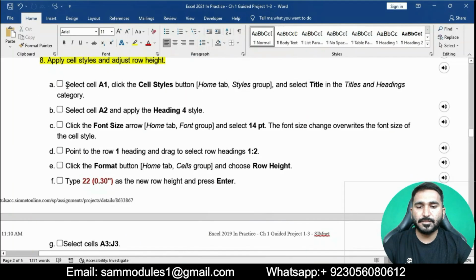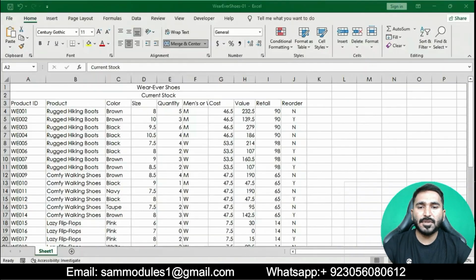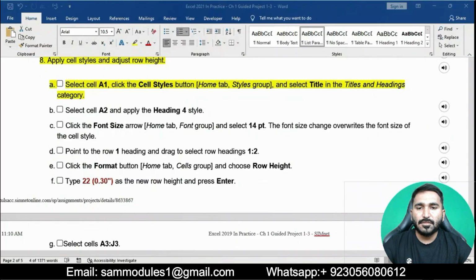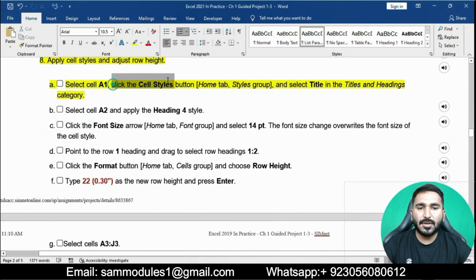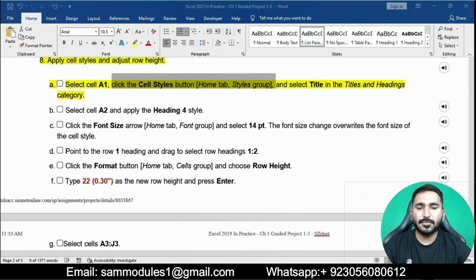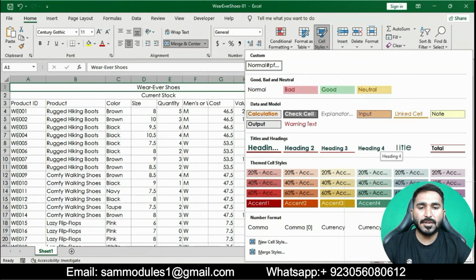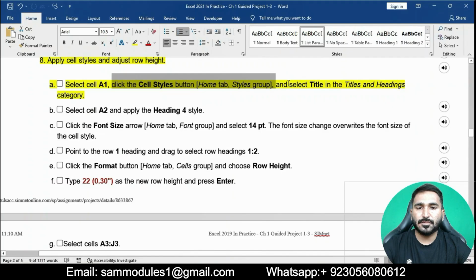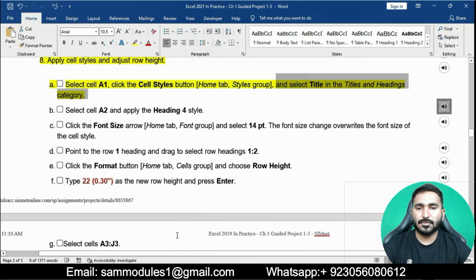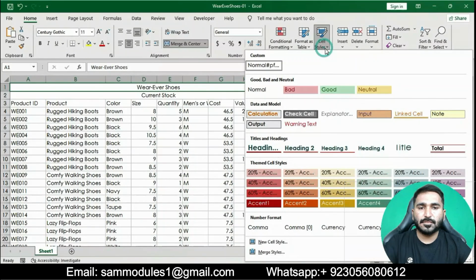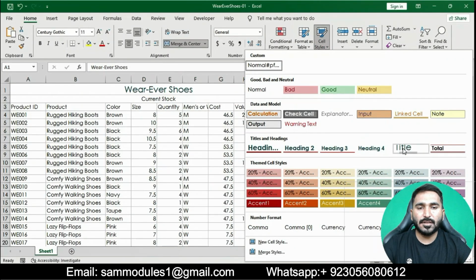Select cell A1, click the Cell Styles button in the Home tab, Styles group, and then select Title in the Titles and Headings category. Go to the Styles group, in the Cell Styles button, and apply the Title cell style.